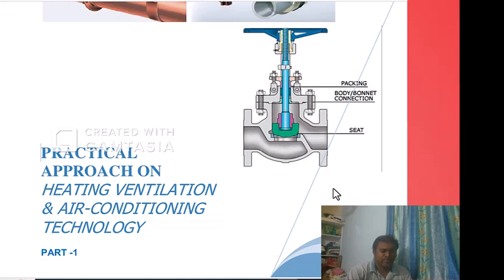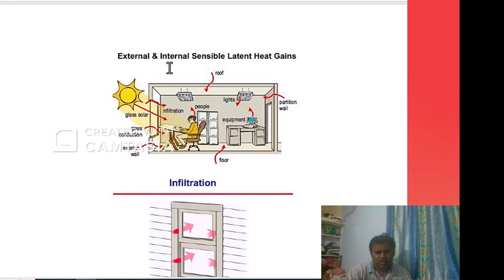So I hope I have given a clear idea. Now we will have a small discussion on heating, ventilation and air conditioning, and how to design. So what are the contents we have included in the book on designing? See here,